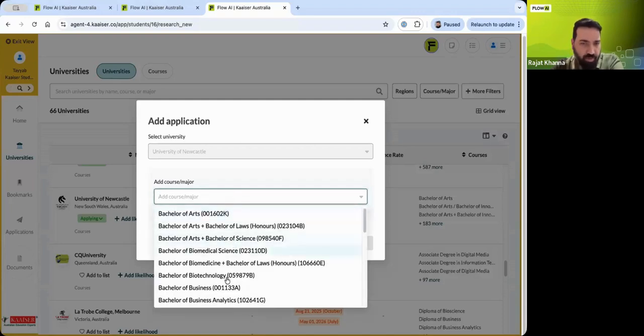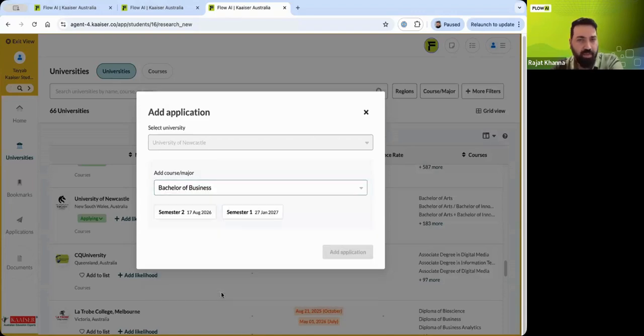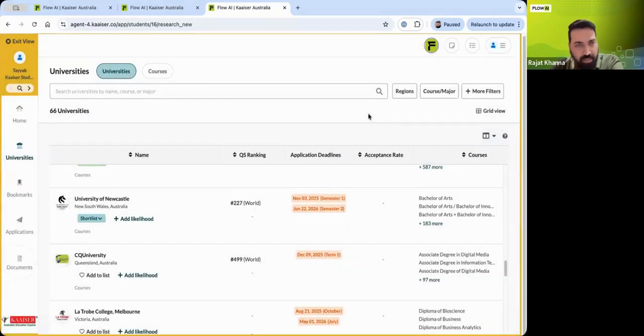And you just pick the course, for example, Bachelor of Business, and then what kind of intake you're looking for, right? So you can pick the semester one, semester two, and simply click on add application. This will trigger the application creation for Tayyab for Newcastle Bachelor of Business. At any stage, if you want to see everything that you're working on with Tayyab around this application,